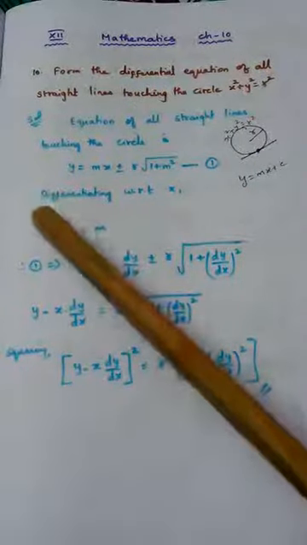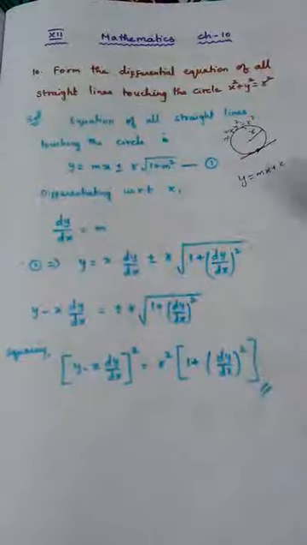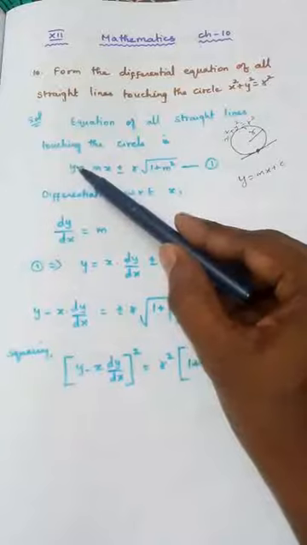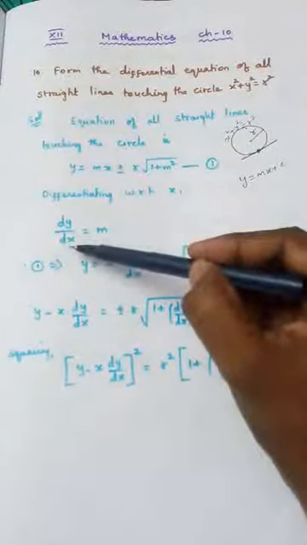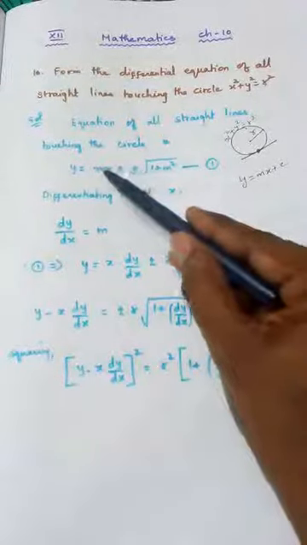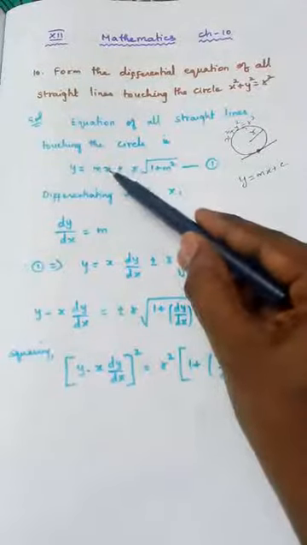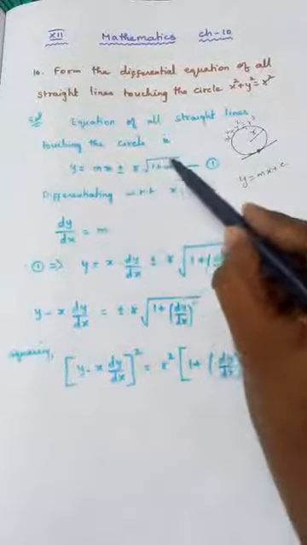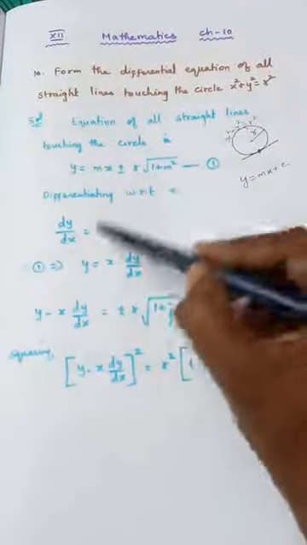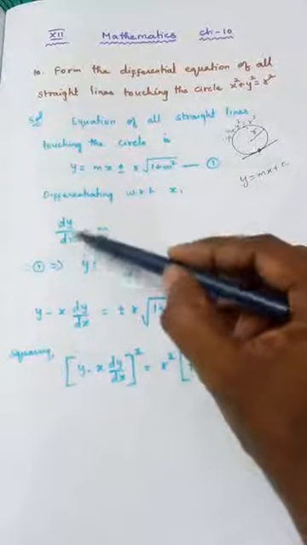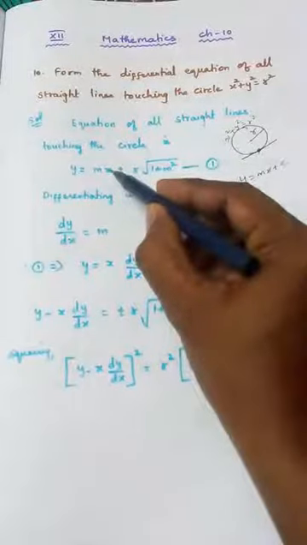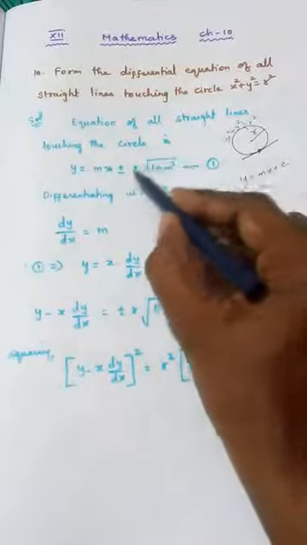So differentiating with respect to x. So differentiating this above equation with respect to x. If I differentiate y, the answer will be dy by dx. Yes or no? Similarly, when I come to RHS, mx, differentiation of x is 1. So m alone stands. Since this is constant, this fully will become 0. So differentiating this first equation, we will get dy by dx is equal to m. Why m? Because differentiation of x is 1. Differentiation of this constant becomes 0.